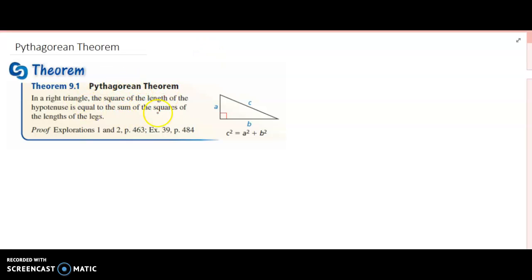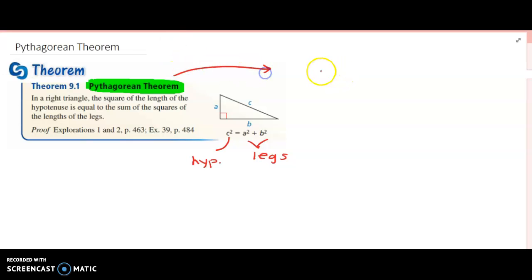All right, Pythagorean theorem, here's just kind of a visual. Remember, the C is the hypotenuse, and the A and B are the two legs. Leg squared plus leg squared equals hypotenuse squared. And this only works, and I want you to write this down in the biggest, boldest letters you've ever seen